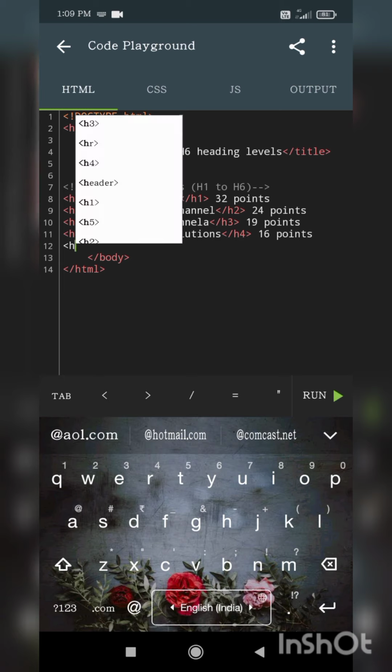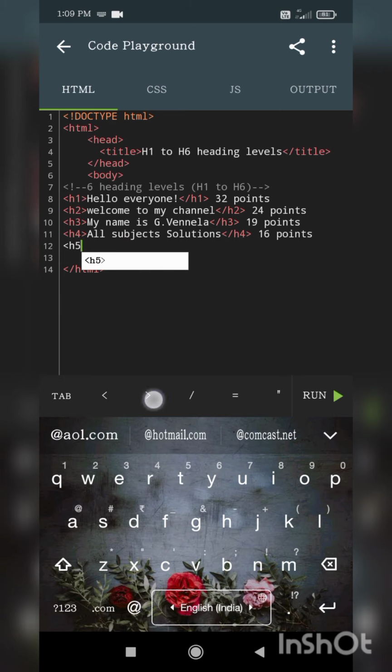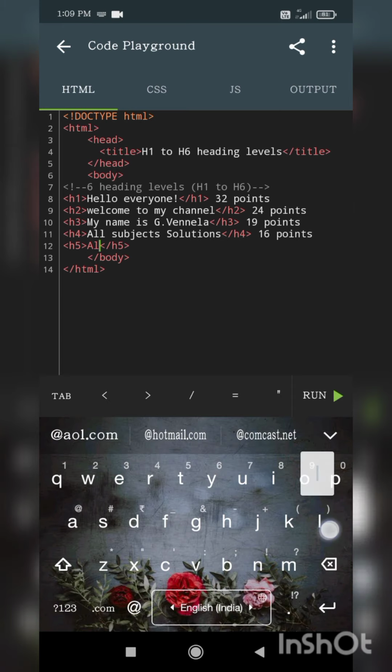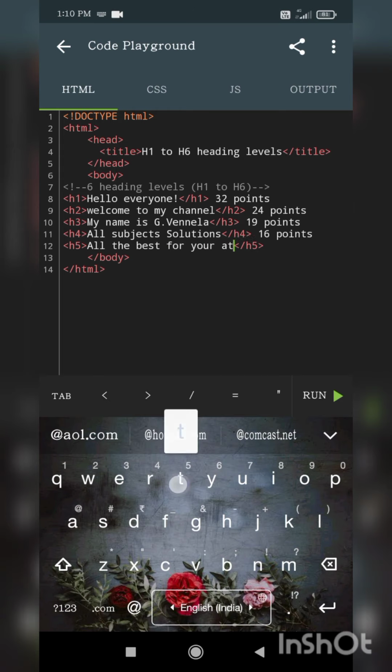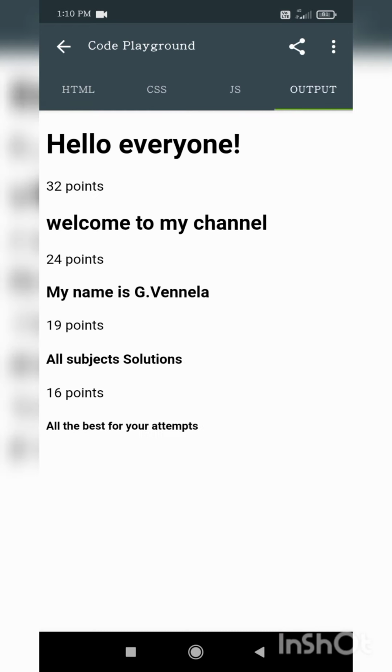Yes, now I am doing the H5 tag, and here what I am going to write is all the best for your attempts. Okay, so let us see in output.